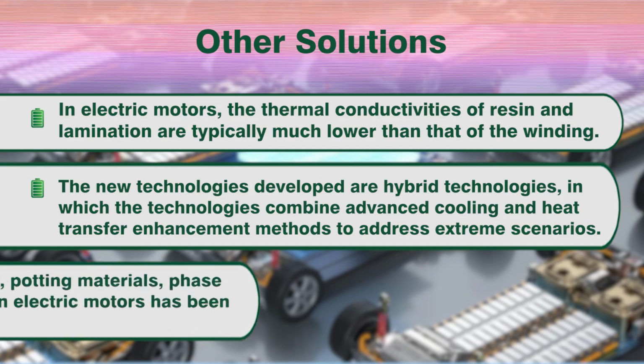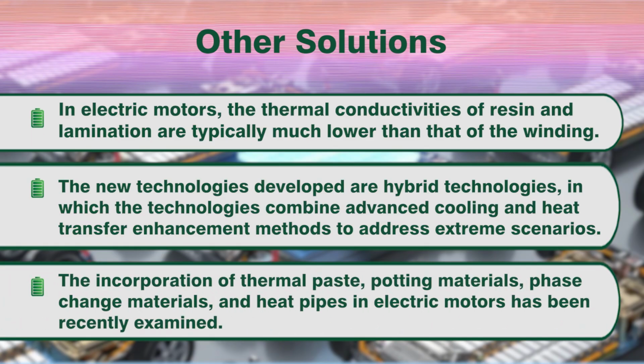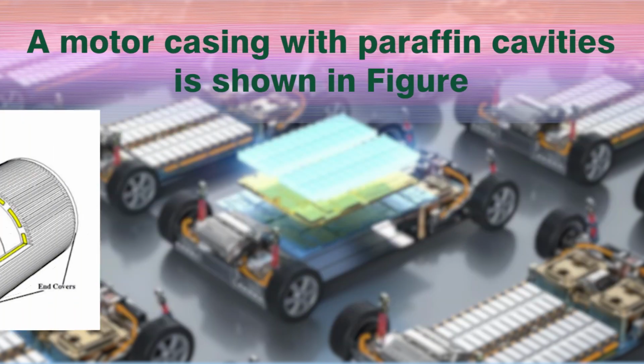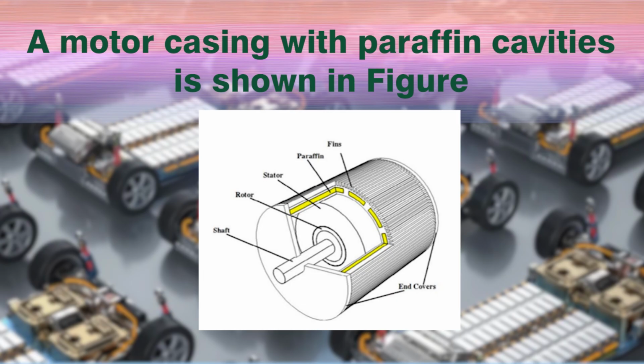address extreme scenarios. The incorporation of thermal paste, potting materials, phase change materials, and heat pipes in electric motors have also been examined. A motor casing with paraffin waxings is shown in the figure. So, here as seen, the paraffin wax is implemented in between the windings as shown. The stator is there and the film is there. So, in between these two, the paraffin wax has been coated such that it absorbs the heat during the operation,